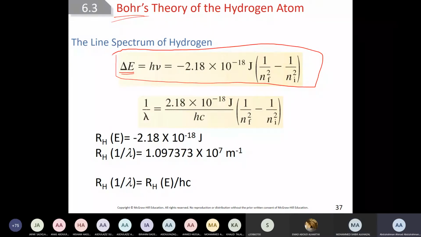This is the equation. Again, we know delta E is energy. And why do we have delta? Because it is the difference between 2 and 4, or any numbers. Okay, what's h? Planck's constant. What's nu? Frequency. What is n, in final and initial, what are these numbers? We call them what? Principal quantum number.